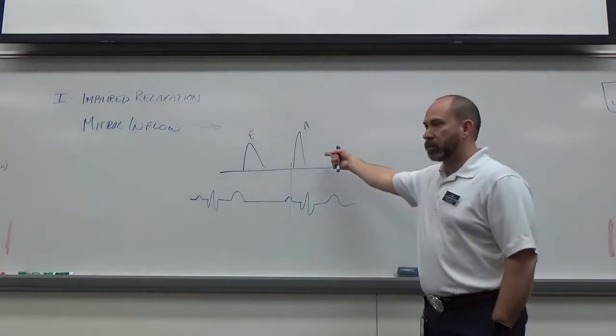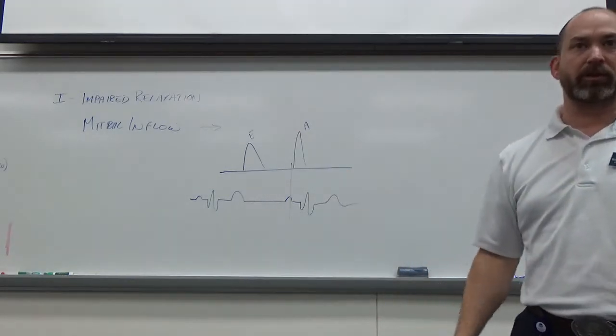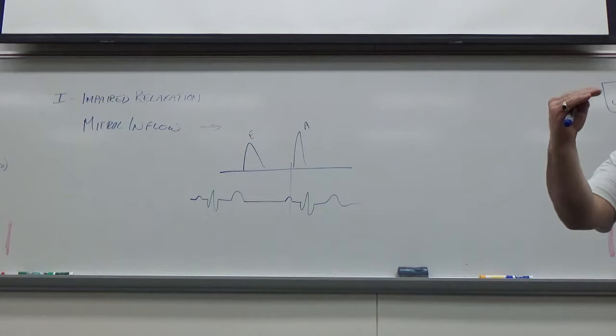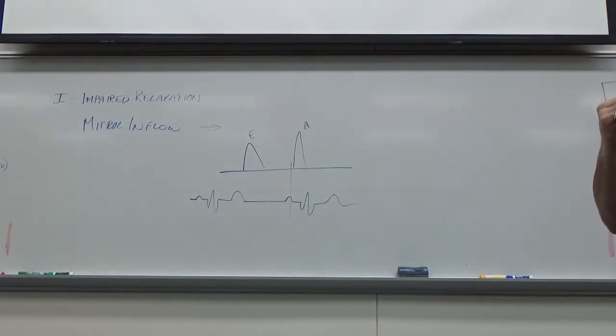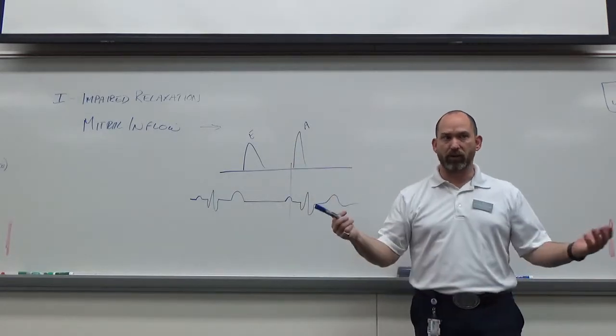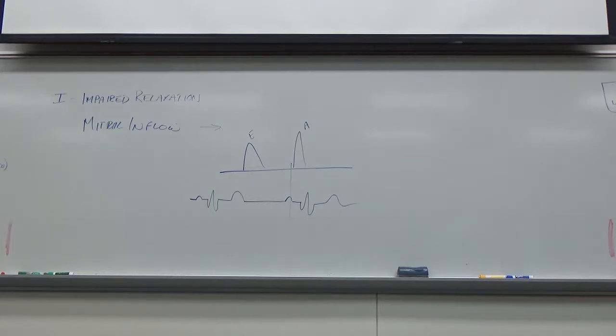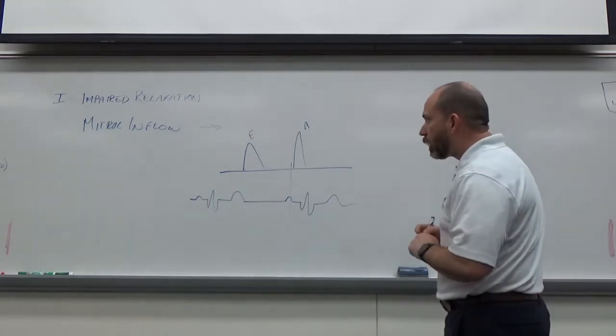But this is the number one thing. So if I see this right away, I pretty much have diagnosed impaired relaxation. If it's kind of skating the line, kind of borderline, that's when the Valsalvas can help. And then the other information from the tissue Doppler can help. But if I've got a pretty distinct lower E wave than the A wave on a normal respiration, you pretty much diagnosed it. That's easy. So impaired relaxation is probably the easiest one to do. Then,